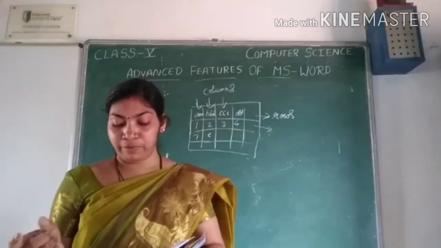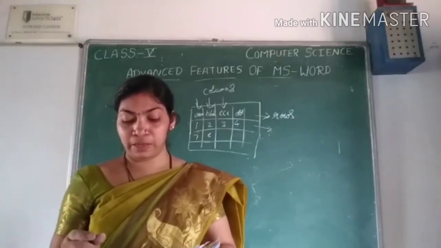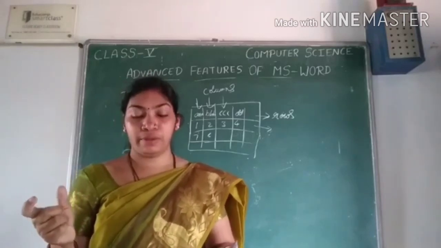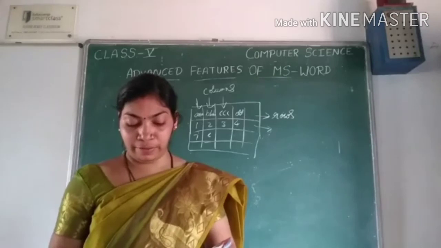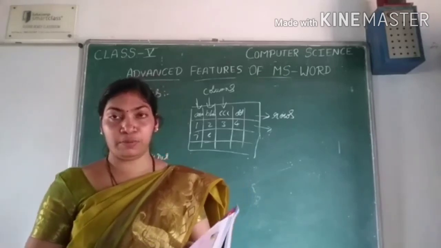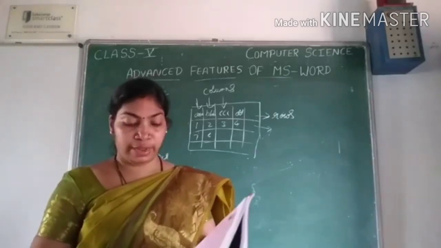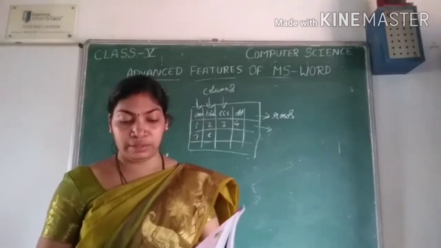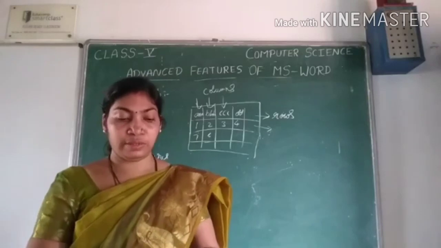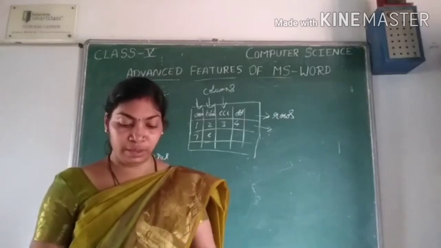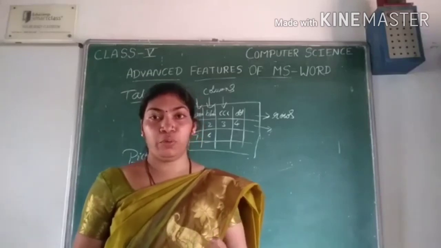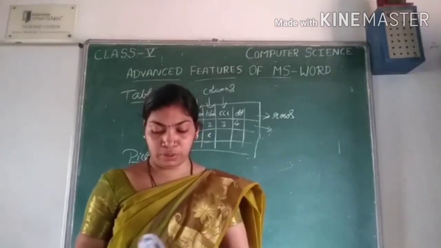When you select the clip art option, you will automatically get a place where you can write text, that is, a search option. You can type the category, what kind of image you want to insert. So in the search option of the clip art you can type whichever type of picture you want.